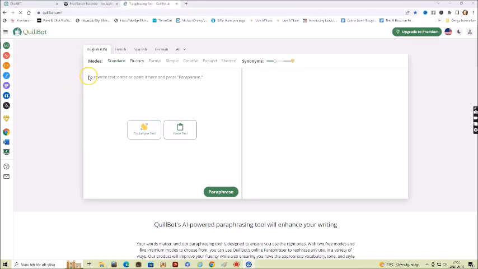And your blog may warn you that it's difficult to read, so choose fluency there. Paraphrase button. It has paraphrased the text I put in, and then you can just mark it and copy it to your blog and paste it in there.